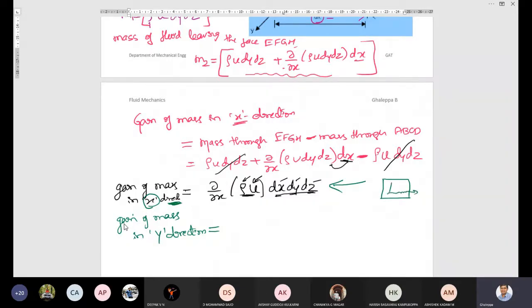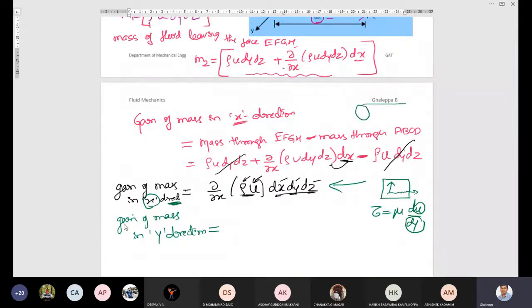There is a chance of fluid flowing in y direction because we studied Newton's law of viscosity: tau is equal to mu into du by dy. So change in velocity in y direction is also possible. Don't think that velocity will always be in x direction. If you are considering a liquid flowing through the pipe, the liquid will flow along the length of the